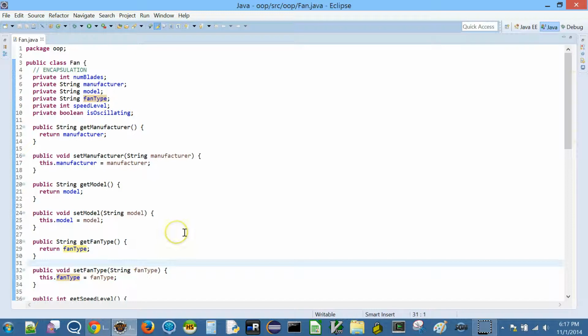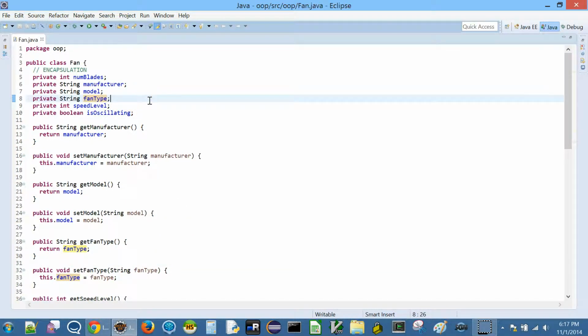Now, if somebody sets some arbitrary fan type that we have no idea about, or maybe they make a typo when they pass the string argument, then we are going to be in trouble, because we know that fan types, like we discussed in the last class, could only be maybe ceiling fan, table fan, and so on, right? A few different types. So keeping this as a string opens the door for a lot of inconsistency or data problems, right?